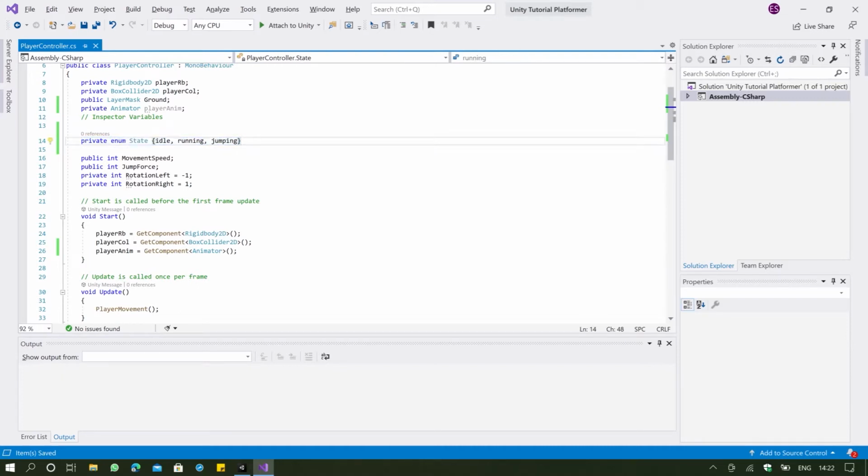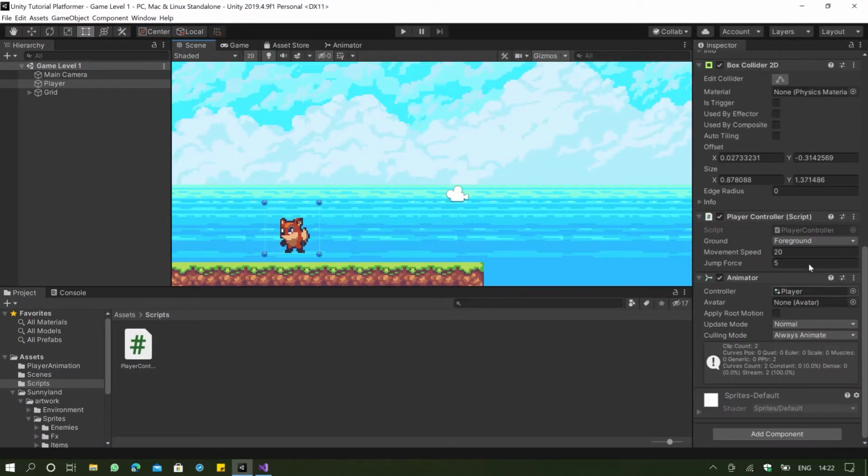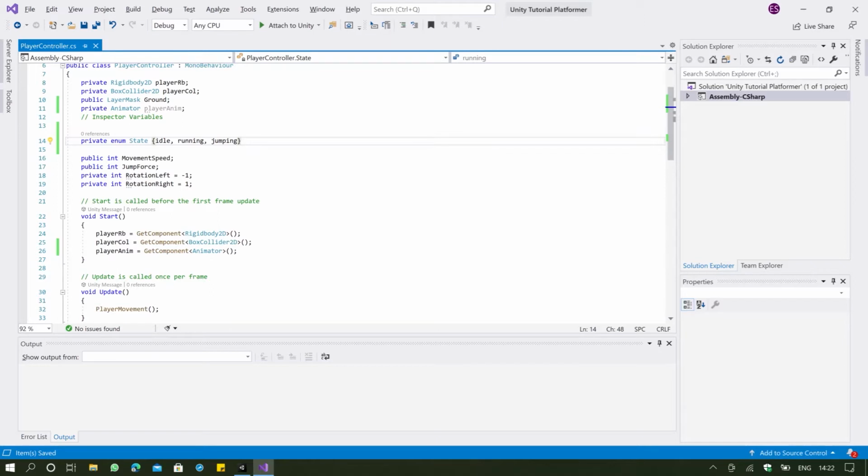Let me explain what this enum is. As you know, private is always found in a variable, and in Unity, private means that it will never show up in the inspector, where we can choose which variable we want to use. I use private, so that means it's going to be private. And enum here is a keyword used to make a variable somewhat like a list. The name of the list will be state,